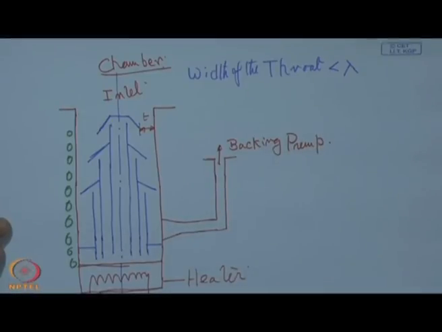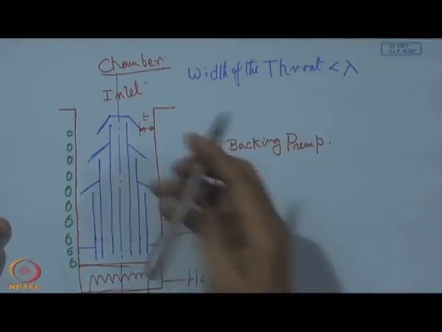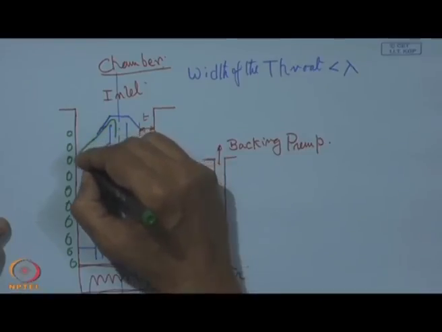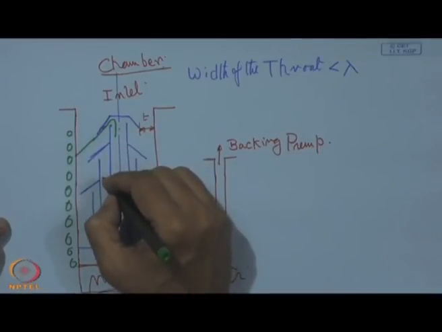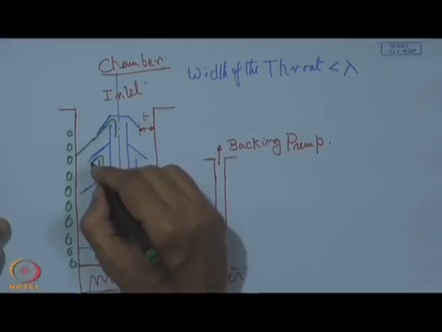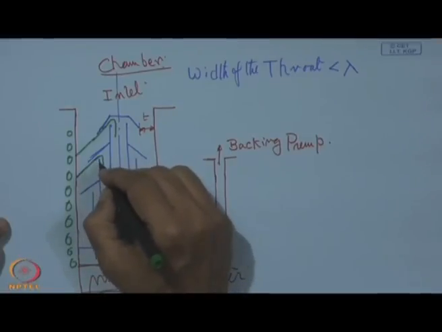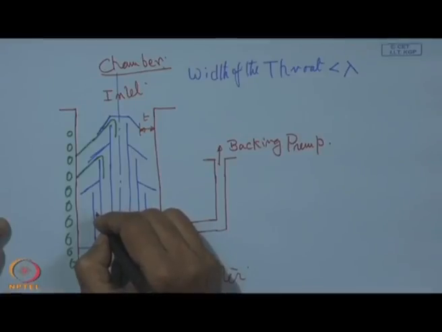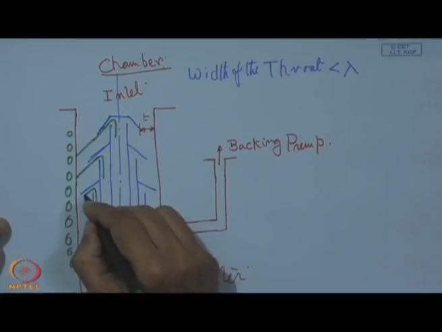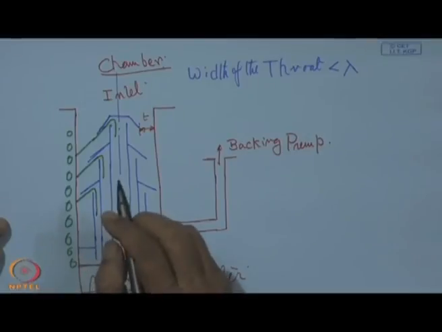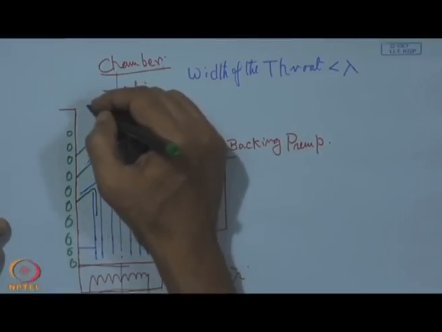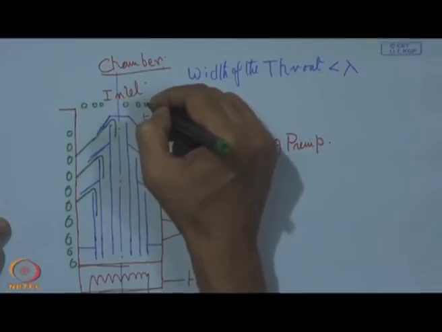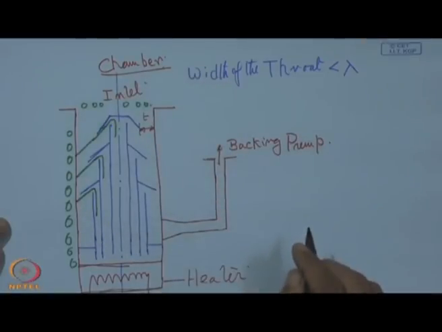So, let us look at how it works. This will be deflected, and here we have this stream. Similarly, we have another stream emerging out through this second stage. We also have another stream flux that is also moving this way, and here we have the gas molecules on the chamber side.